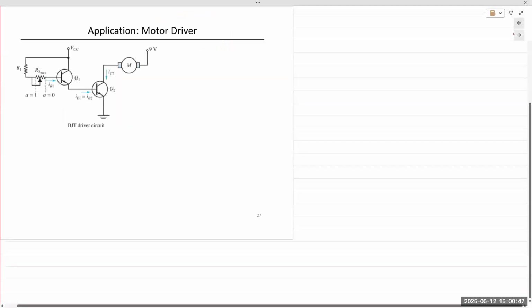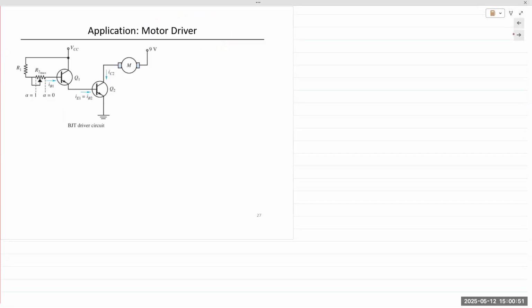And then lastly is a motor driver. This is an interesting application because we have two transistors in there. High current application requirement for a DC motor. So the output of the first transistor feeds into the input of the second transistor, which allows a large amount of current to flow through that DC motor. Okay, and all of this is something we'll look at